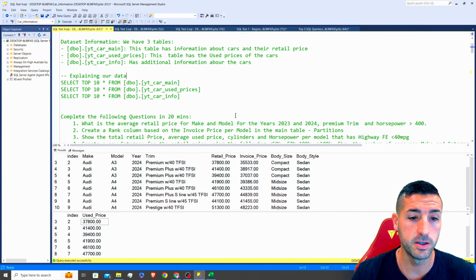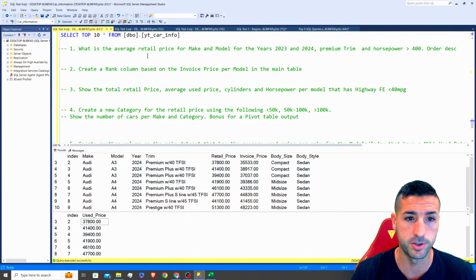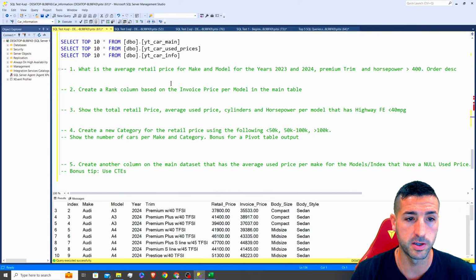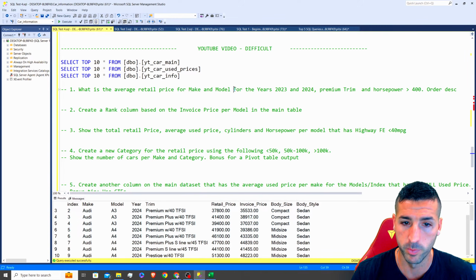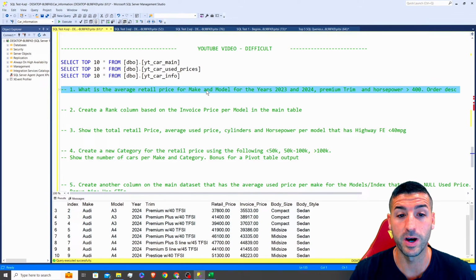Right, starting with our first question. So this is the answers, but down here I have just the questions. It says, what is the average retail price for make and model for the years 2023 and 2024? Premium trim and horsepower more than 400. Order this descending. So the first thing we should do is to identify the tables and the columns we are